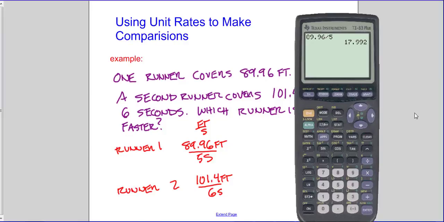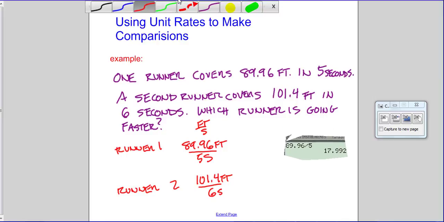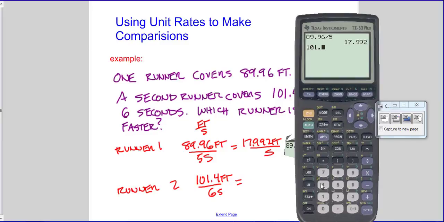We get 17.992 feet per second. So these are my units, feet per second. Now on the second runner, I take 101.4 divided by 6, and I get 16.9